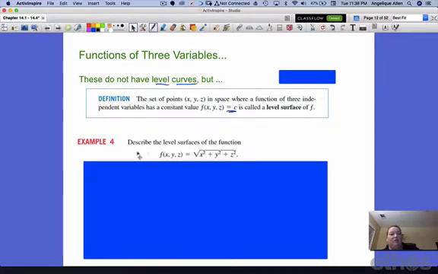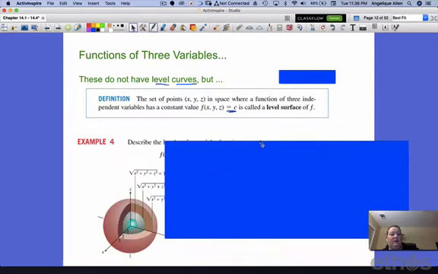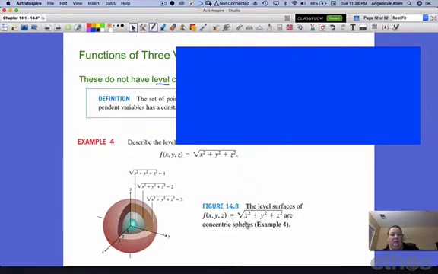All right, so describe the level surfaces of this function. So we've got the square root. This looks like, so this would be, if this were equal to a constant, this would be a sphere, and the square root would just be positive portions of it. And so if we set this function equal to various integers, doesn't have to be integers, but they're easiest to deal with, then we get a set of spheres,